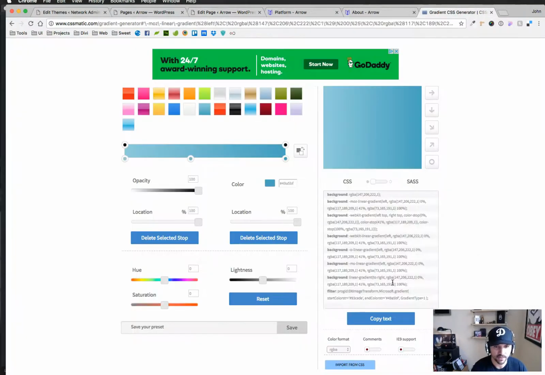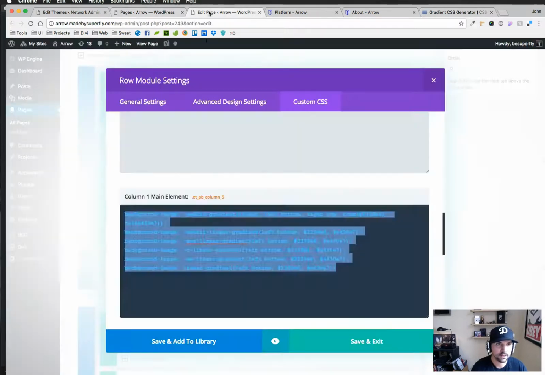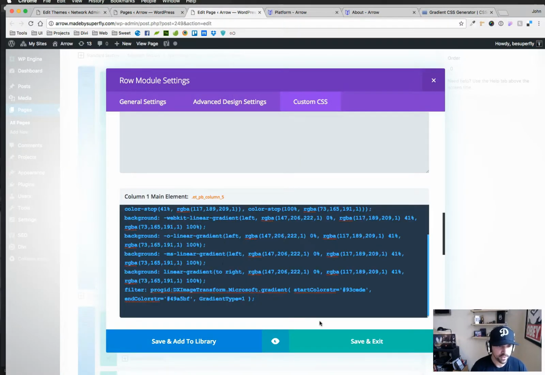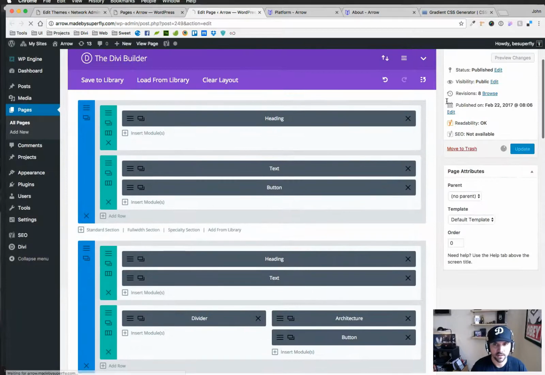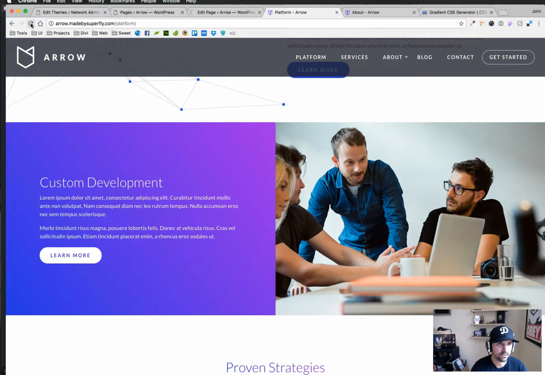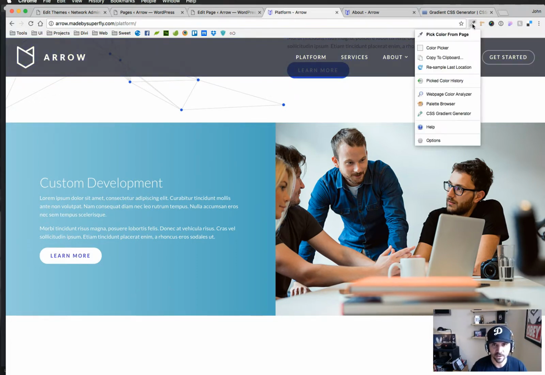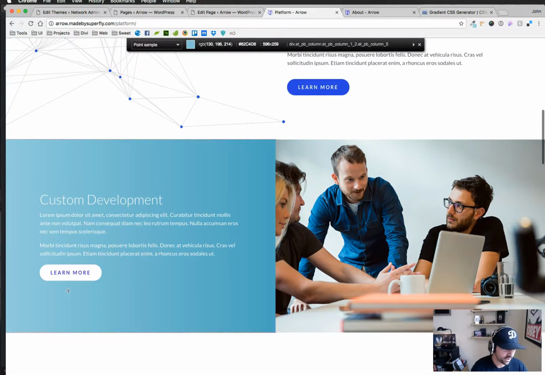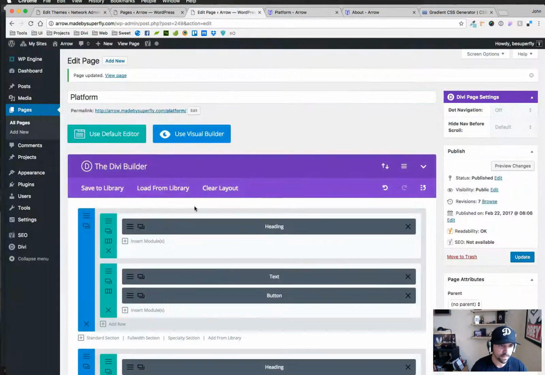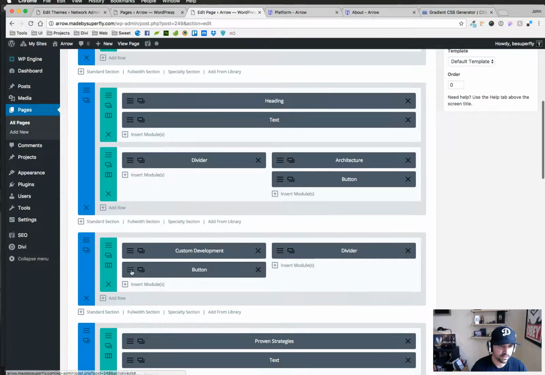Okay, now I'll go back and grab this text. Come back in here and just paste this in. Update the page. And there's our new one. Now I need to go in and edit the button so the text matches this blue. What I do, Chrome has a color picker extension here. So what I usually do is I come about right here, or sometimes in the middle of the section, somewhere in here, pick the color, it copies it, and then I can go in to the button